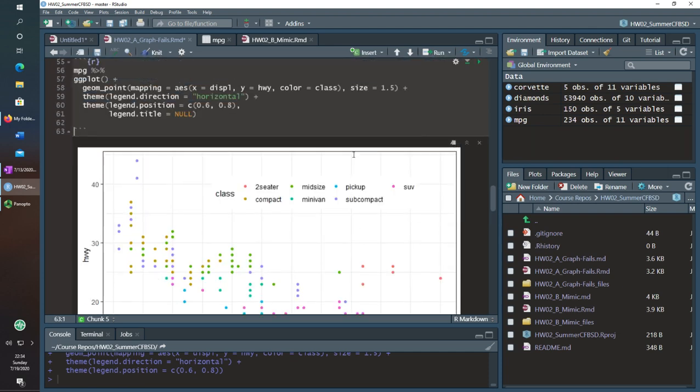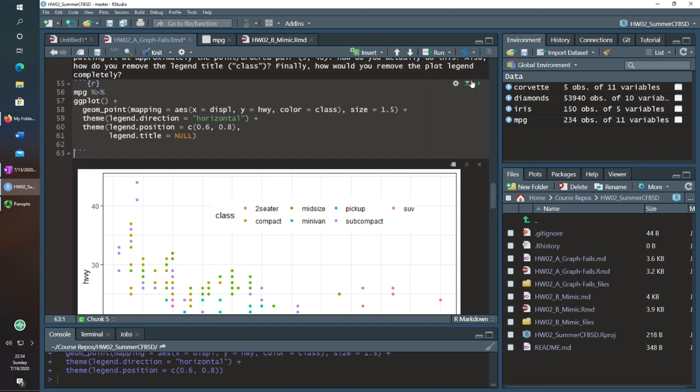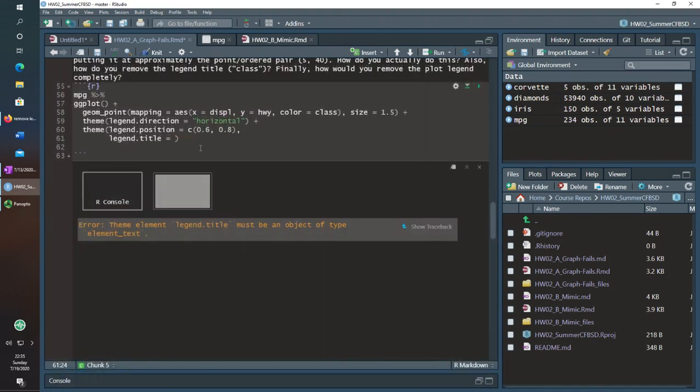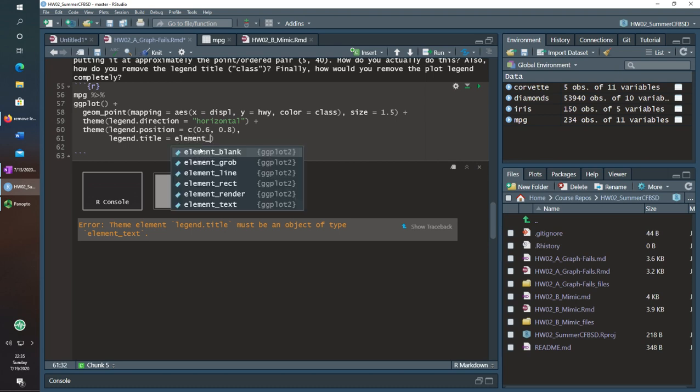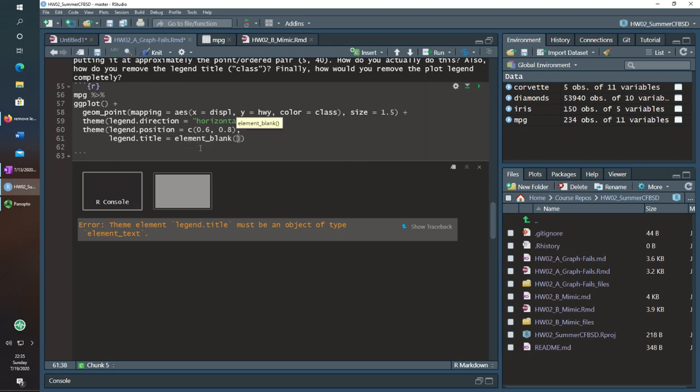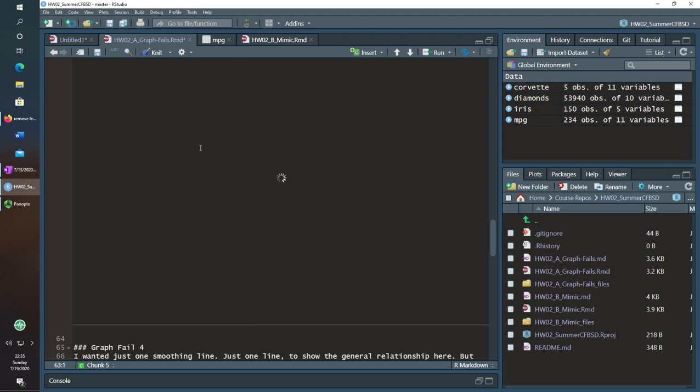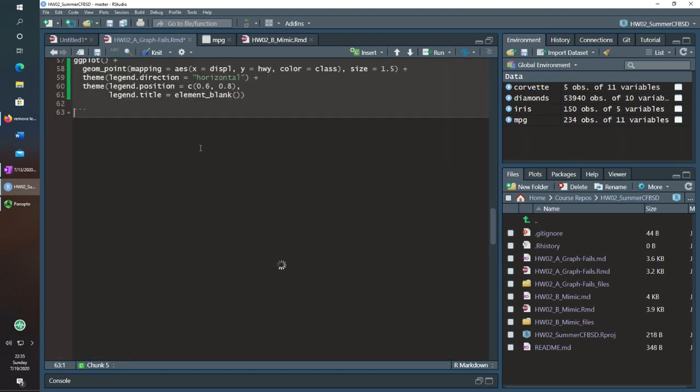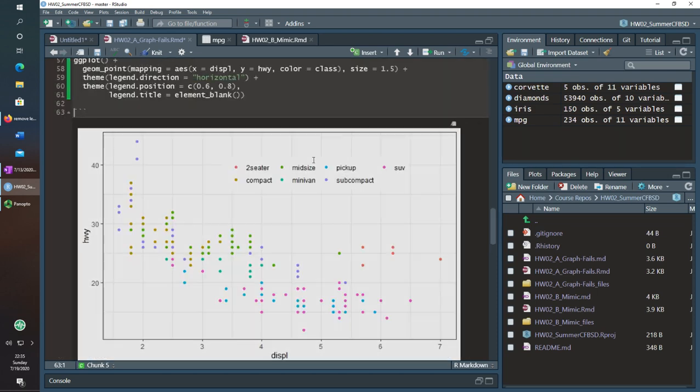Eventually it will run and show me if I'm right or not. So if I didn't want the legend title, I would do element blank. It's sort of a random one, you just kind of have to remember that. So hit enter, and now you can see the class is gone.